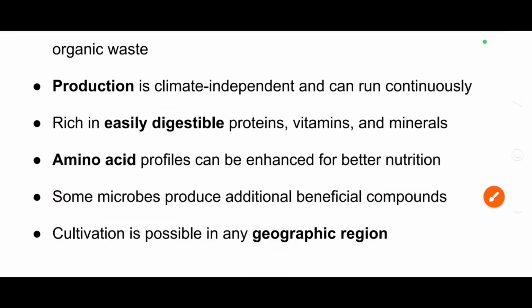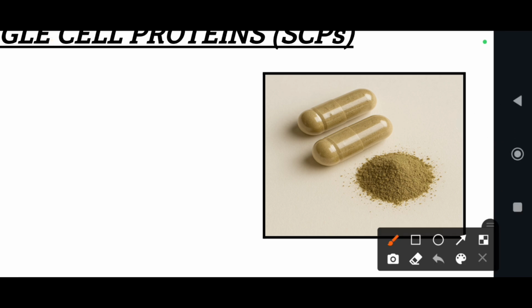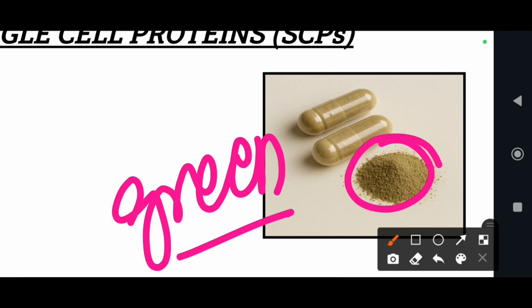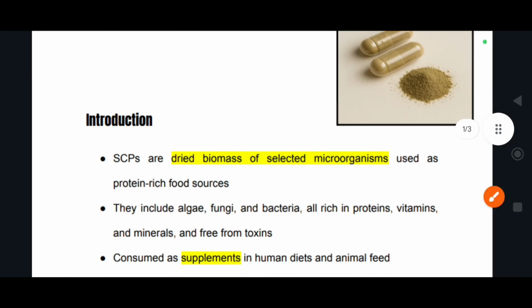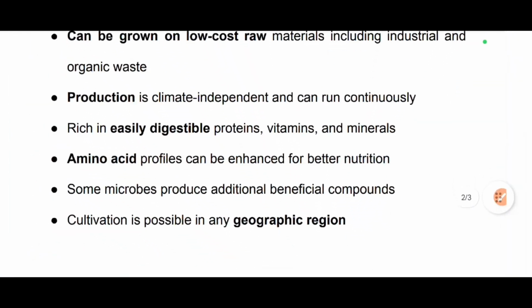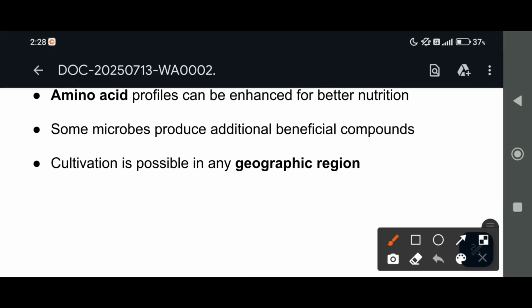If you see this image, spirulina will be green in color, but here I took it from an AI, so the image is something like this. The powder will be like this. We can also have capsules of spirulina, everything. We can see that in the market. If you Google it, you will get an idea about that. So here you can see that this has a very good amino acid profile.